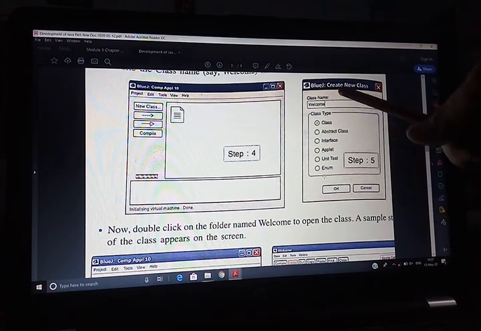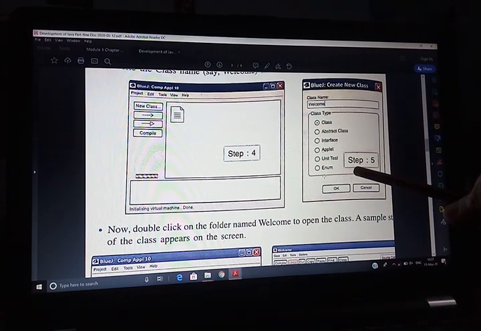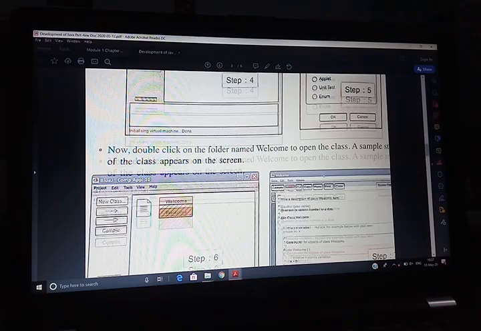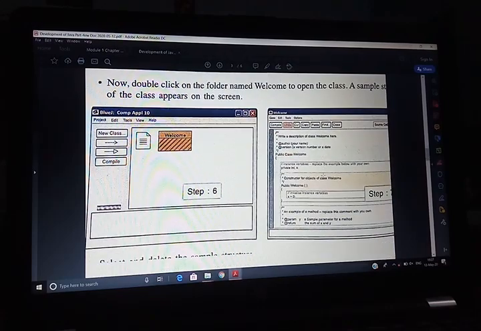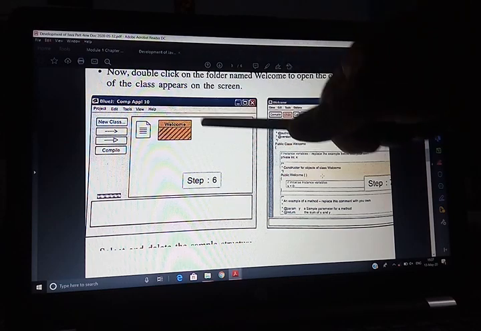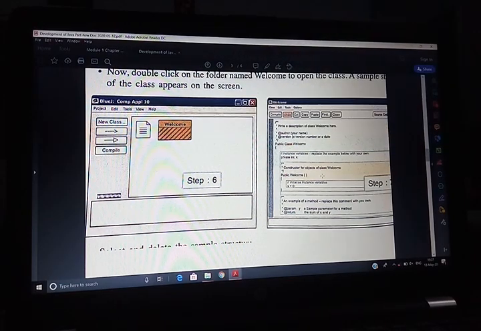You write your class name welcome and click on OK. When you click on OK, then you see your welcome class is created. When it is created, then you click it here.